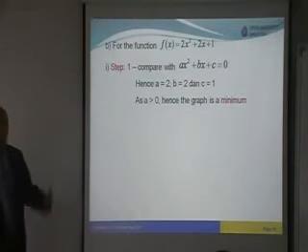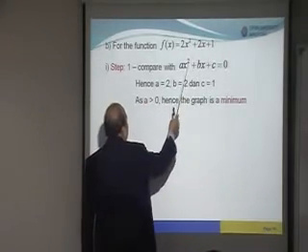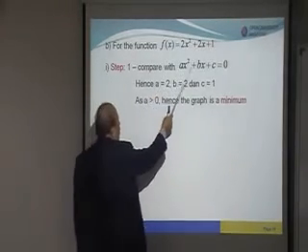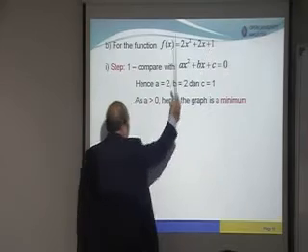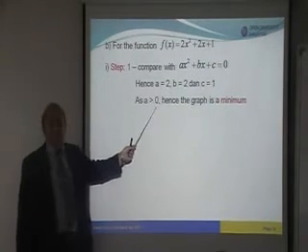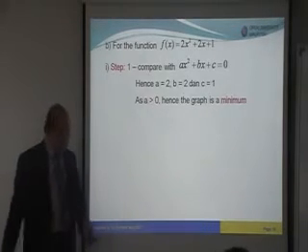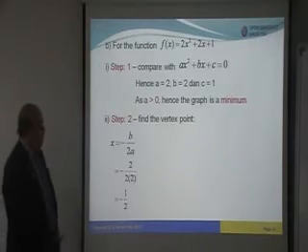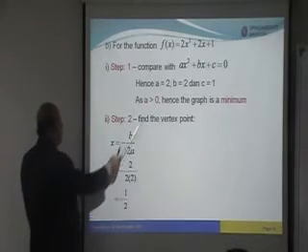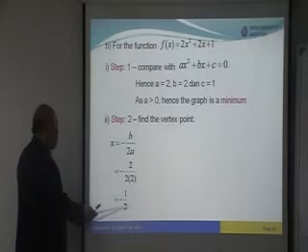Okay, same thing, let's look at example 2. y equals 2x squared plus 2x plus 1. Compare with this. So a equals what? 2, isn't it? b equals 2. c equals 1. Since we have found a is 2, that means a is greater than 0, isn't it? So the graph is what? Minimum. Then the second step, find the vertex point. Find x equals negative b over 2a, replace b with 2 and a with 2. So you have 2 here, cancel. Your answer is negative 1 over 2.